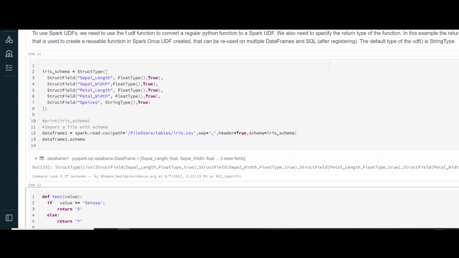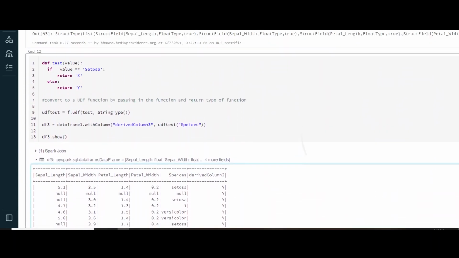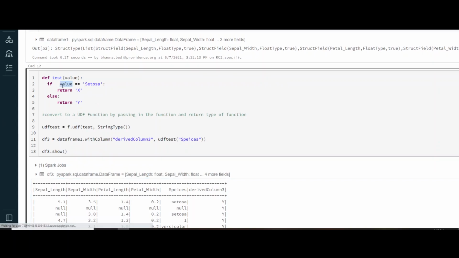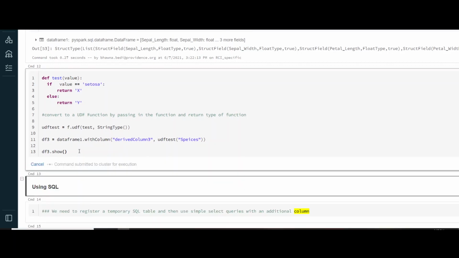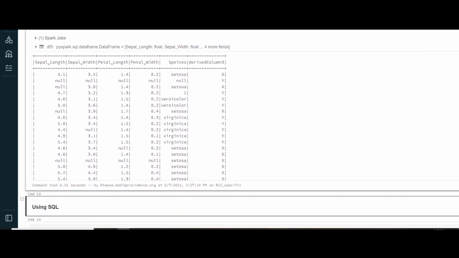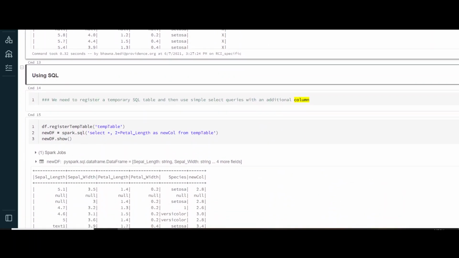So guys, before moving on to the SQL part, I think I should mention this as well. In this particular function, I have mentioned the value as setosa. When I say setosa here, my S is capital, right? And when you see species here, it is small s, and that is the reason it is returning Y. The moment I turn it to small s and then run it, it should come as X. So you can see here, this setosa is now coming as X. So this is basically case sensitive. Remember that point. I think I should have told it earlier.